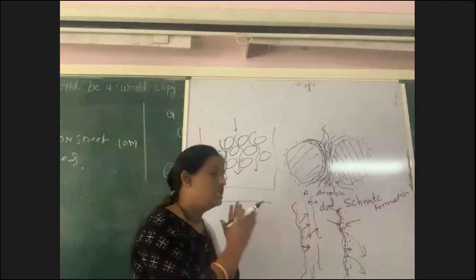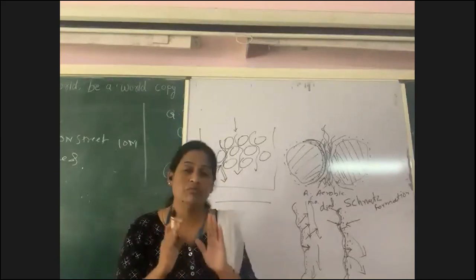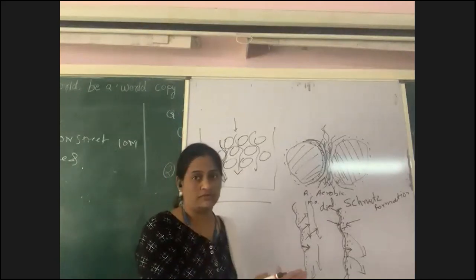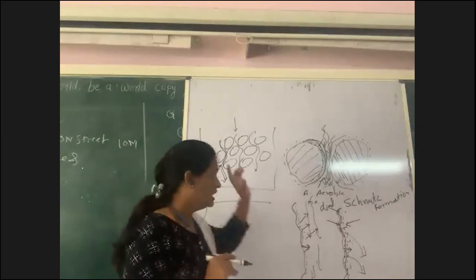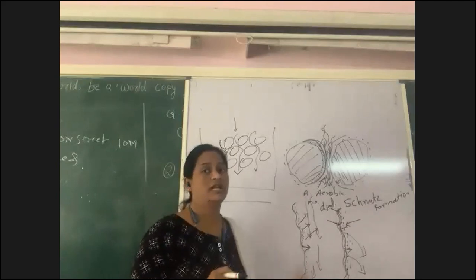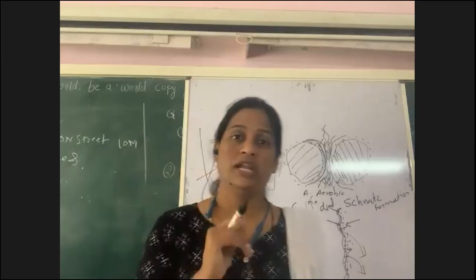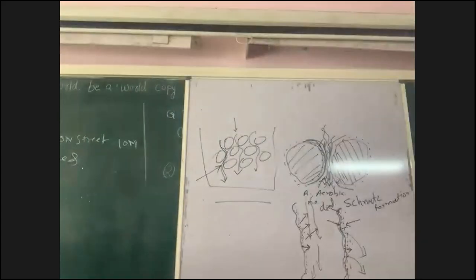Okay, so this way, this system is separating the organic impurities from the wastewater. Are you getting it? Here also we are taking the help of microorganisms. In the activated sludge process also we are taking the help of microorganisms. I think our time is about to end and I should take the attendance. So we'll stop here. If you want to watch, you can keep on watching. I will take the attendance.